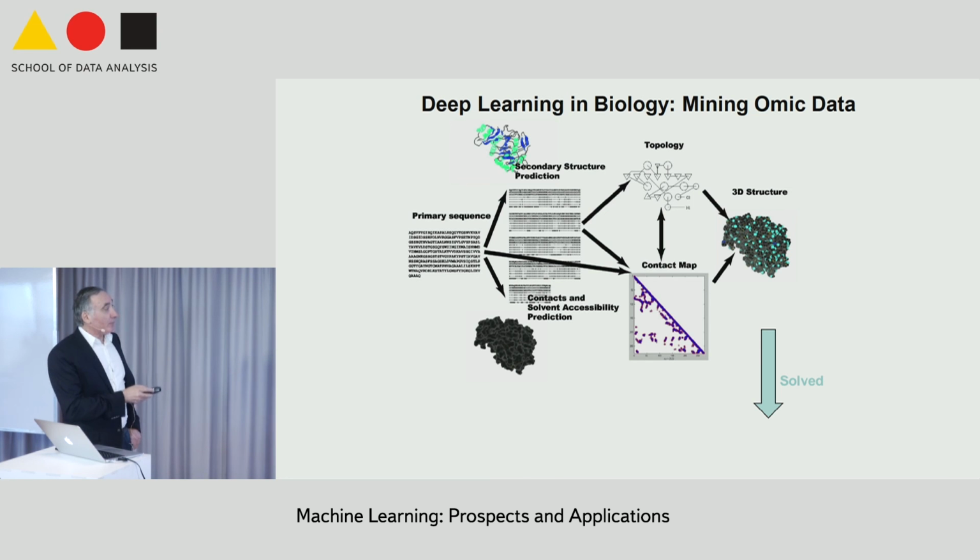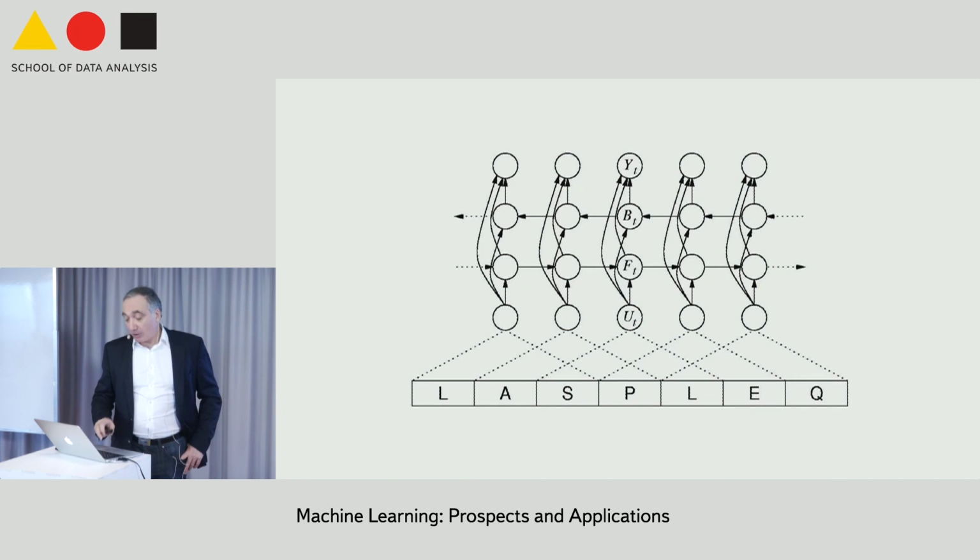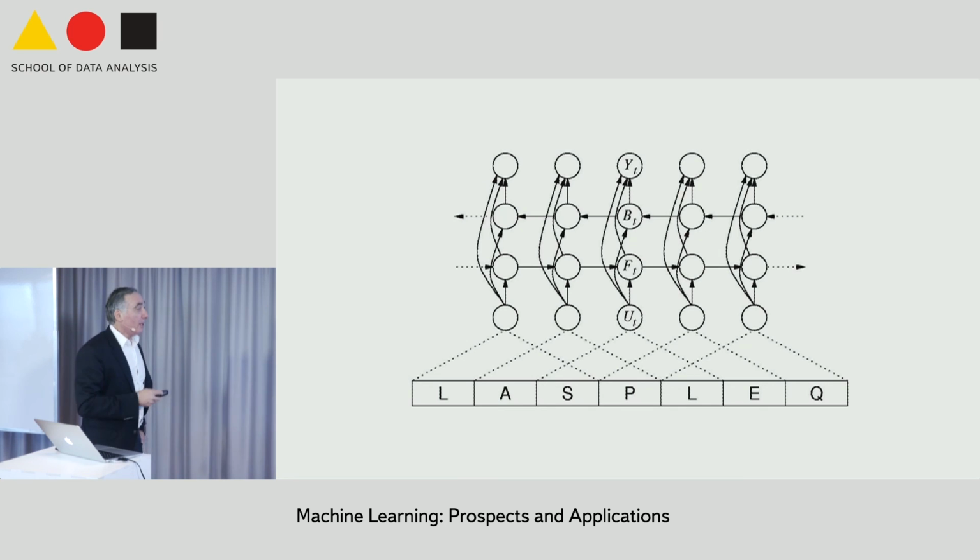What about the first step, predicting secondary structure and so forth? Let me just give you a sense. So here's the technique we use, again, using recurrent neural networks. You have your sequence of amino acids here. It's not really a temporal sequence, so if you write it as a Bayesian network, you could have an input-output HMM. So these are the input, your hidden state, and this is the output of the HMM. Because it's not really a temporal sequence, we can also run a backward chain in the opposite direction if we want, and have the output dependent on both the states in the forward chain and the backward chain.